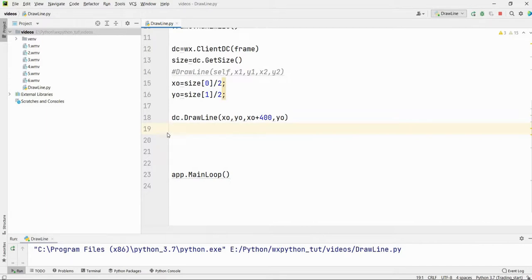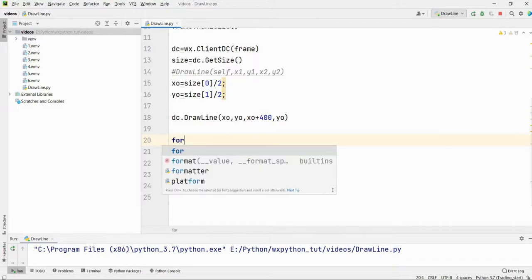I will begin with the for loop. Since we are rotating the line in a circle, I will take the help of trigonometric functions, where any point on the circle can be given in terms of cos and sine. As we know, the total angle in a circle is 360 degrees or 2 pi. So let us divide this angle 2 pi into 100 divisions to rotate our line. To do this, we require